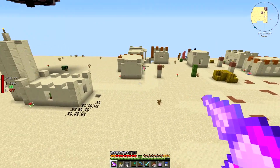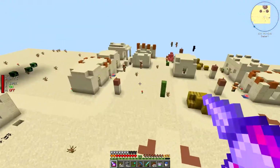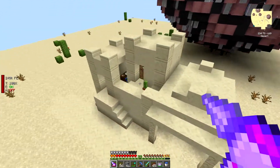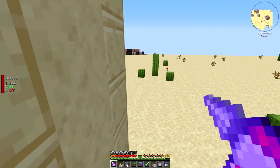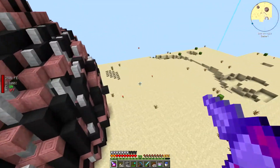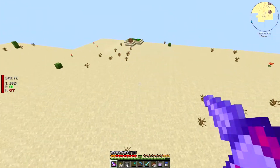We are getting desert temples as well, and a village over there as well. I actually didn't even think about the villages and the desert temples when I punched in the desert biome. I just like desert biomes because it doesn't rain or anything, and it's just one less thing to worry about. So I still want to find a river or an oasis type area in the desert